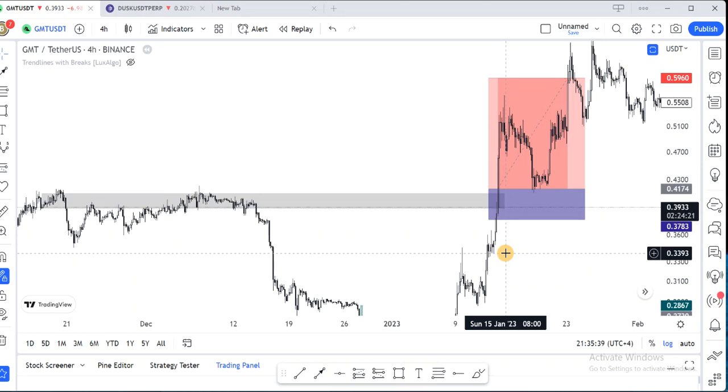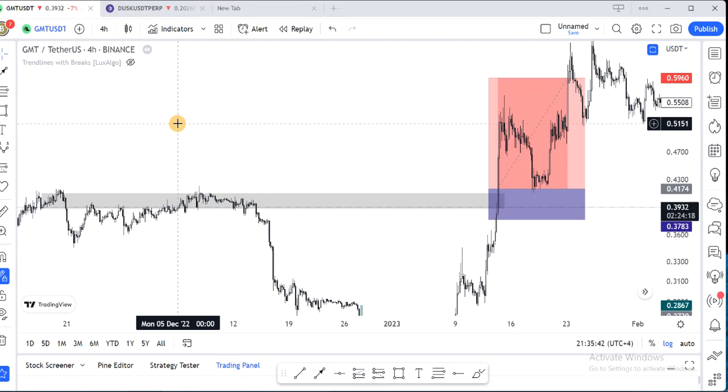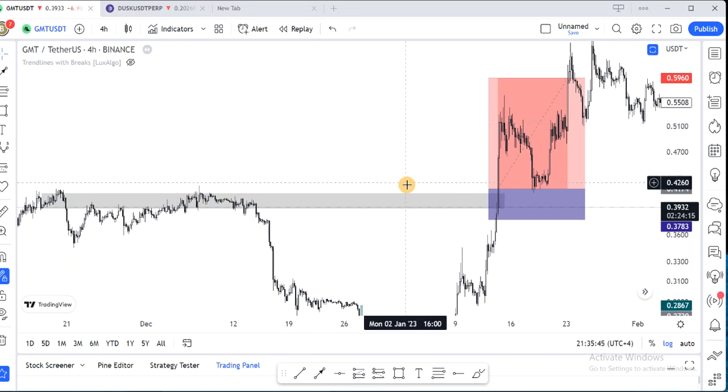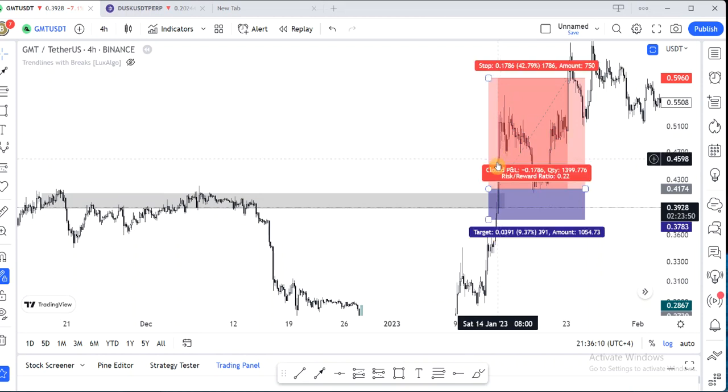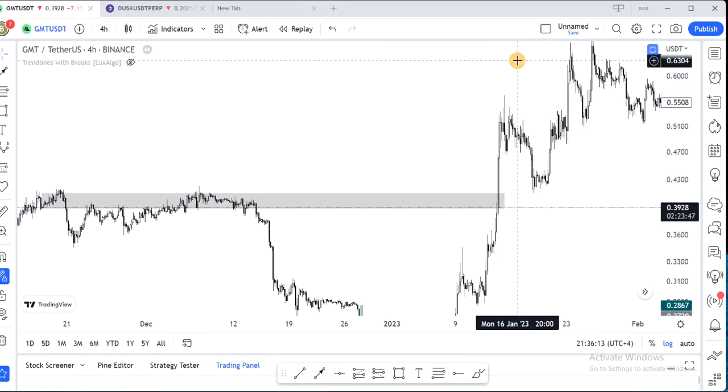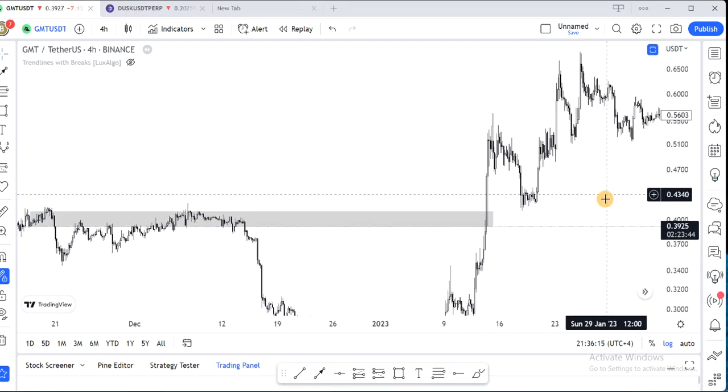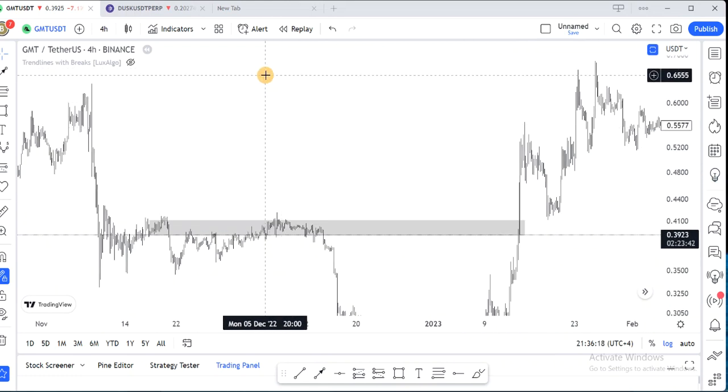So I'm confirmed, and what I do is to target the next resistance levels. Another strategy I use is to enter the coin when, for example, this first candle is forming, you say enter this coin if the last candle closes on the breakout region. You enter the coin and then you hold it from there. So this is what happened here, and you can see that we got a breakout and this coin continued to pump till the next resistance level.